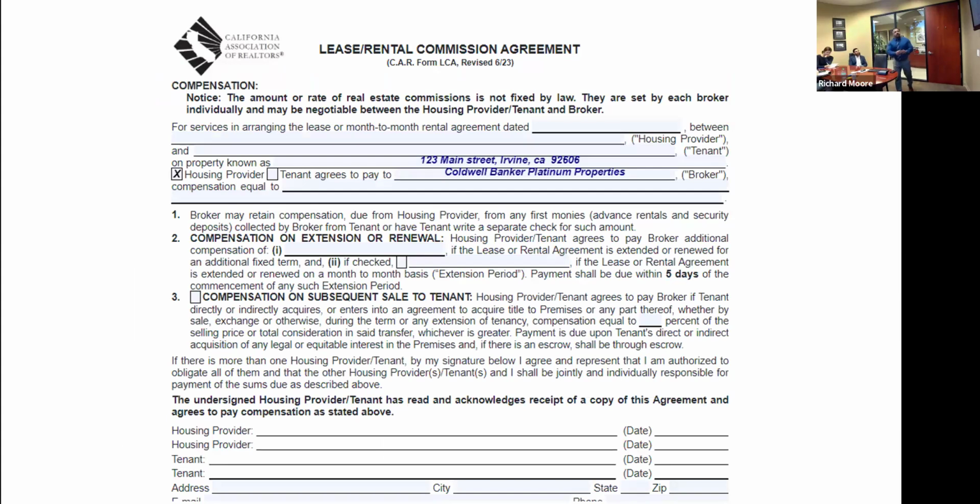And here is the lease rental commission agreement. Let me move this out of the way again. So here you're asking, I would check mark the housing provider over here on the left-hand side. And it's between the housing provider, you're gonna write their name in, and then the tenant's name, wherever your tenants are. But on this line here, you're gonna check mark the box housing provider because you're asking the housing provider